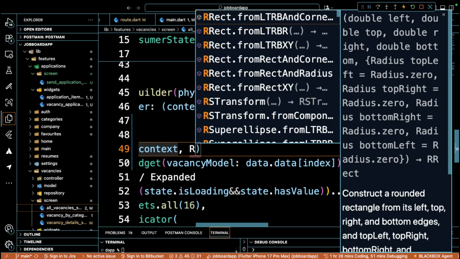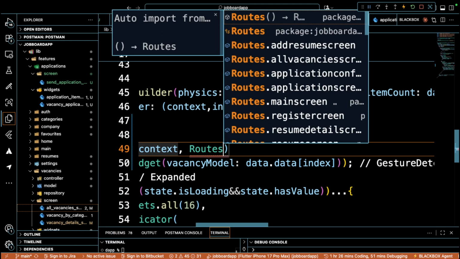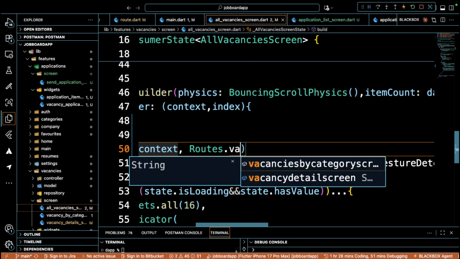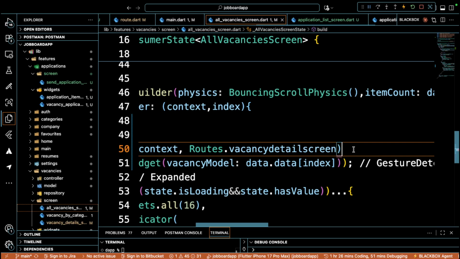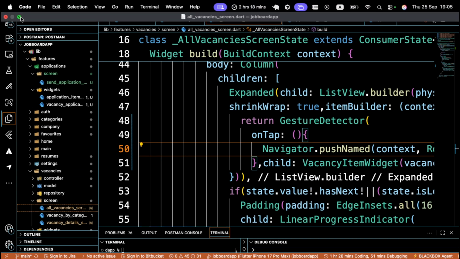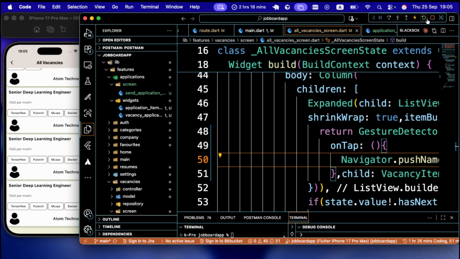So our routes is going to be Routes.vacancyDetailScreen. Okay. All right, so now what we're basically going to do is let's reload our application,